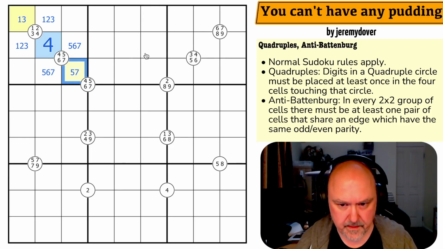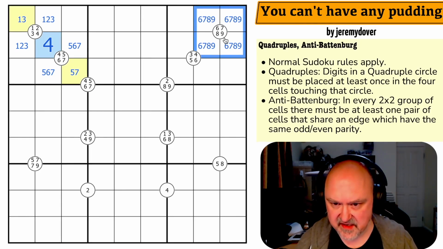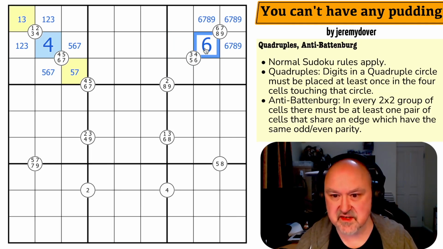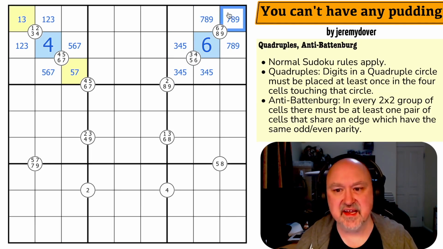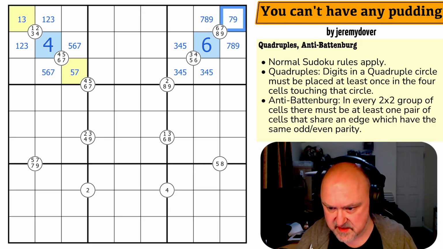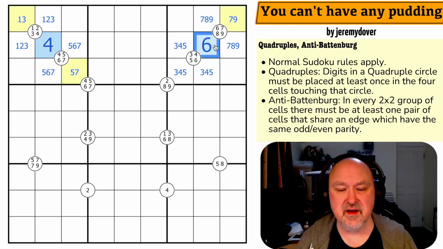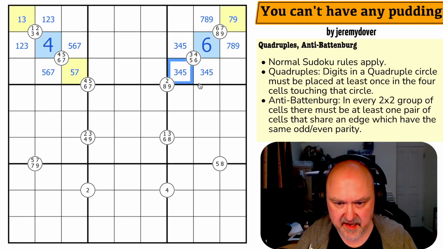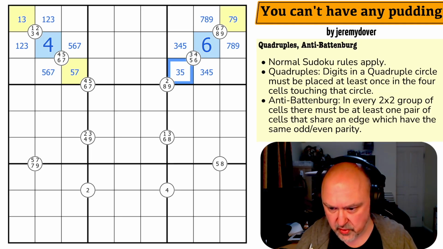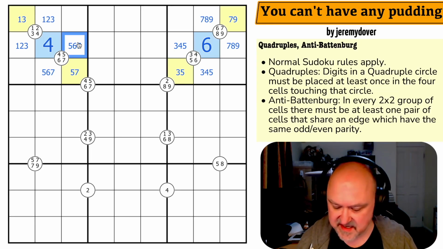This is odd. Now over here, this is 6, 7, 8, 9. This is 3, 4, 5, 6. So this is the 6, which is even, and this is the 3, 4, 5. Now there's no 6 here, and again, if this was even, I would hit my Battenburg pattern, so that has to be odd. The reason that's true is because I've got 2 even and 2 odd. If I had a different number, I'd be okay. So this can't be the 4, because then I'd have 2 evens and 2 odds, and that wouldn't work, so that is odd. The 6 here takes 6 out of here.